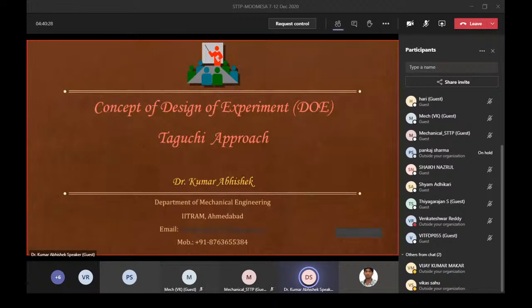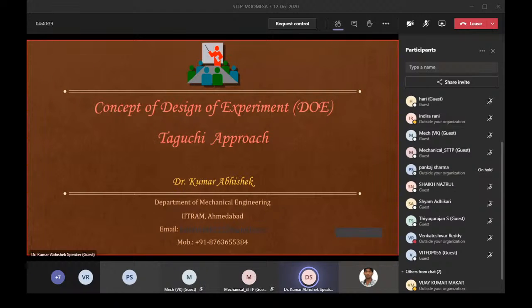Generally, manufacturers don't want to spend more time, or they want to save their time and cost. And in this approach, Taguchi is